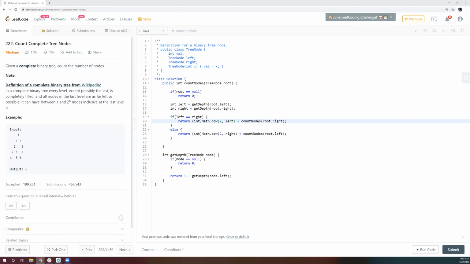Now, how is this solution different? What we are doing here is going towards the left, and from the right also we are going towards the left. Although it is called get depth, it only goes towards the left. Otherwise, with a regular get depth or get height function, we have to go towards both left and right. But we know this tree gets filled from left to right, so either way I would always have some left. It can't be that I would have a right and right but no left. Is that clear till now? Yes.